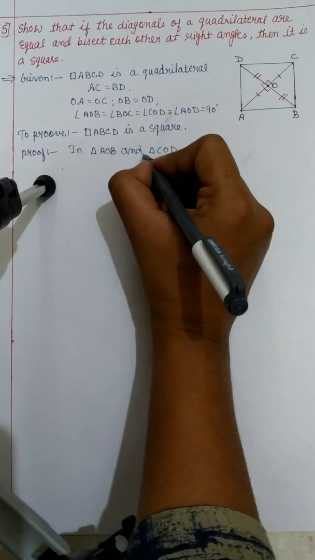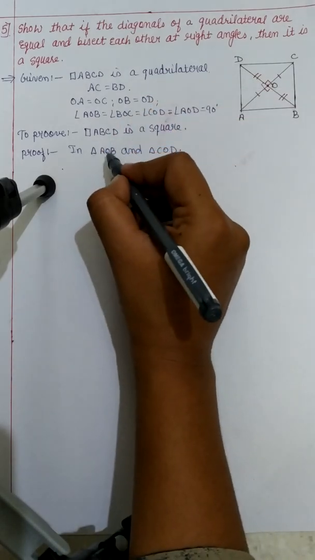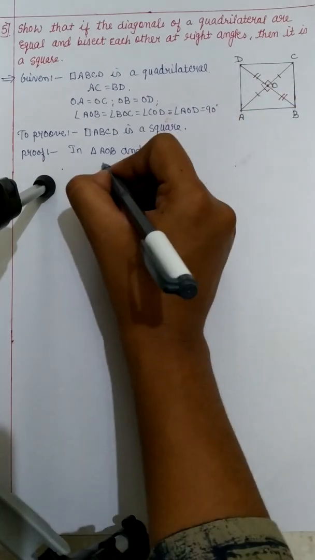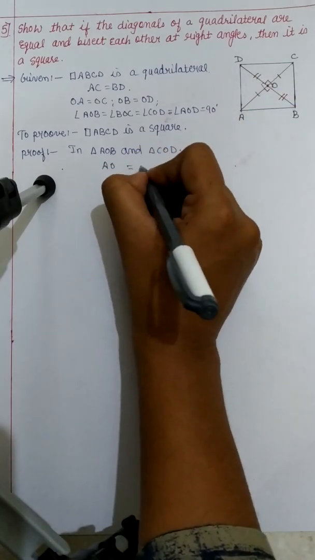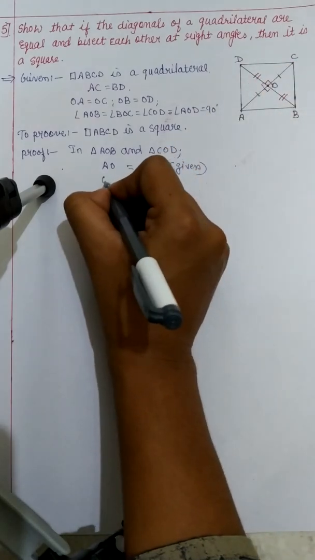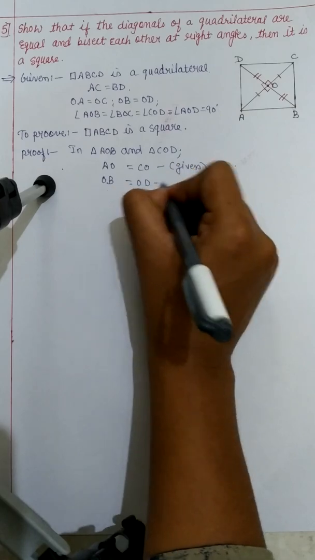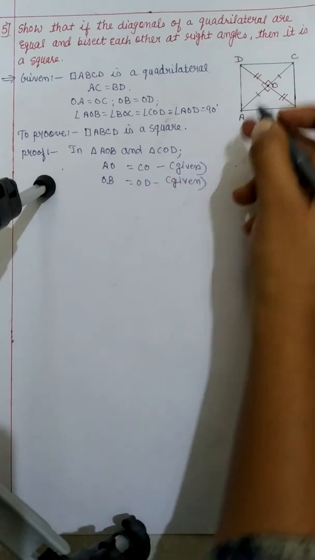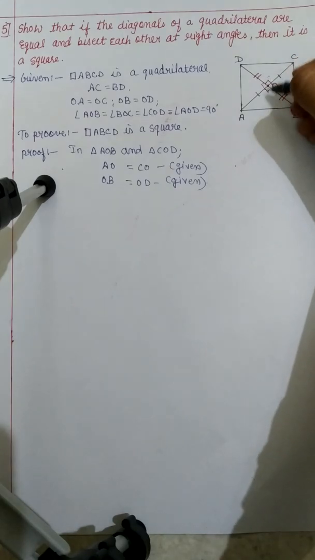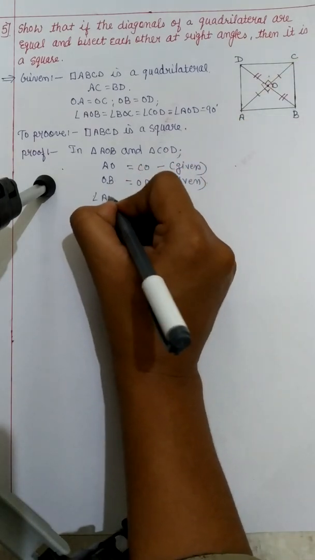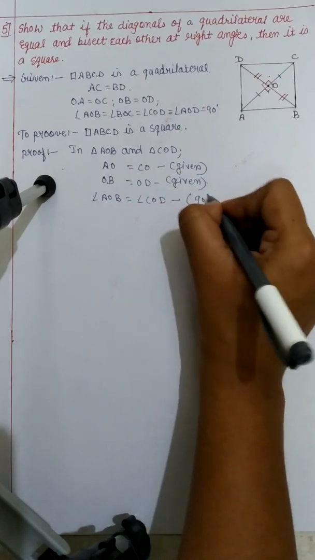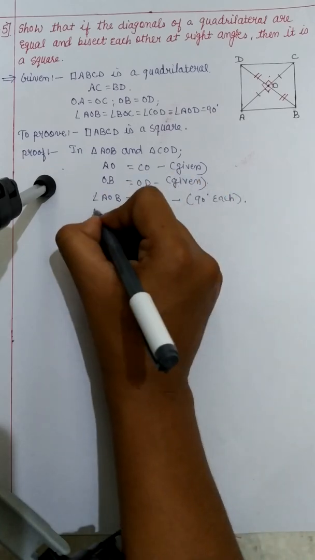So we are trying to prove the congruency in triangle AOB and in COD. AOB, COD. So obviously you will say that AO is equal to CO, that is given, my dear student. Again we have OB is equal to OD, that is also given to us. Okay, and one more angle we can go for 90 degree each, which can also be said as vertically opposite angle. So angle AOB is equal to angle COD, that is 90 degree each, we can say vertically opposite angle, we can say both are correct.